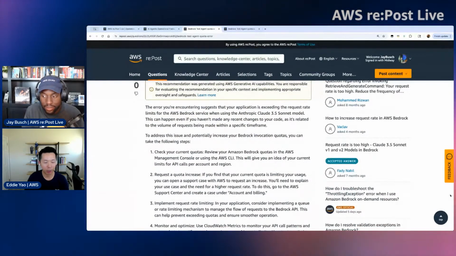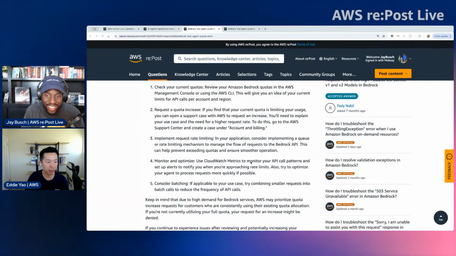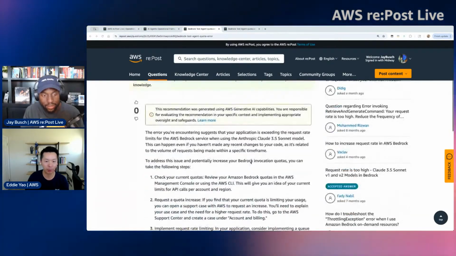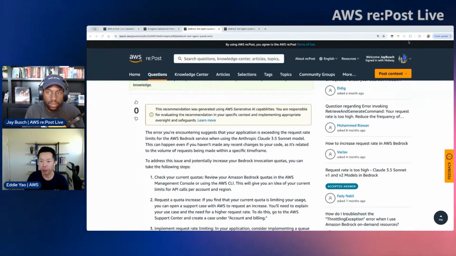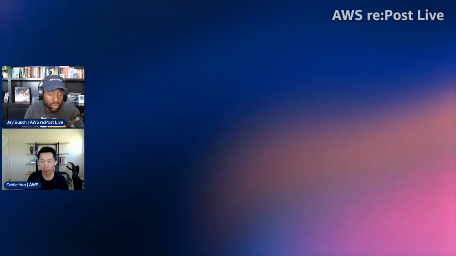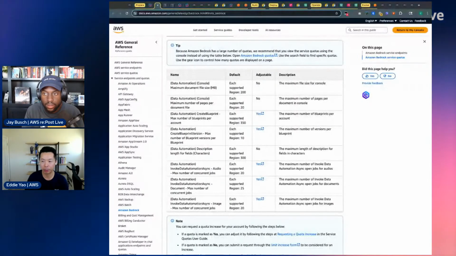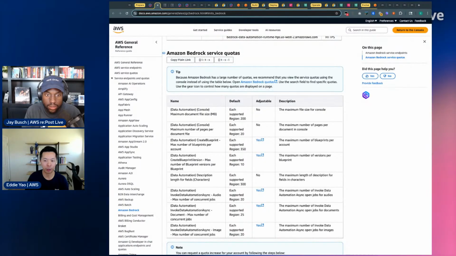Yeah, that's definitely a very good and common question that we get from a lot of customers building AI agents. Actually, if I may share my screen, I can walk through it. We have this amazing feature called Service Quotas, which sets the guardrails for you to build on AWS, in case there's any sort of cost concern or guardrail-related features. So if you can see here, we can share the link here to the audience if anyone wanted to